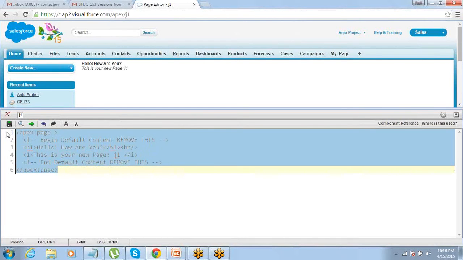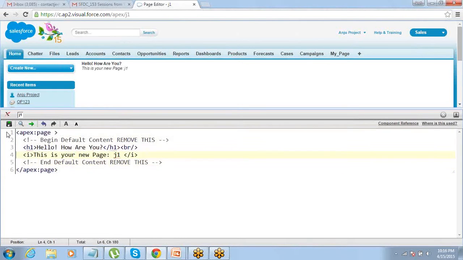Okay, and Apex page component is a must for any Visualforce page. This is a mandatory component. You cannot have a page without this component. Okay, so a page should always have this, and a page should always start with this component and end with this component. Got it? So this is one component. The same way you have a lot of these components, like the forms and the tables and the columns and the buttons and the links. There are a lot of them. Okay, so everything is a component.